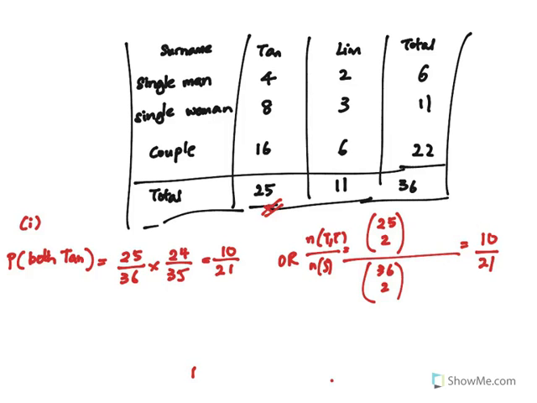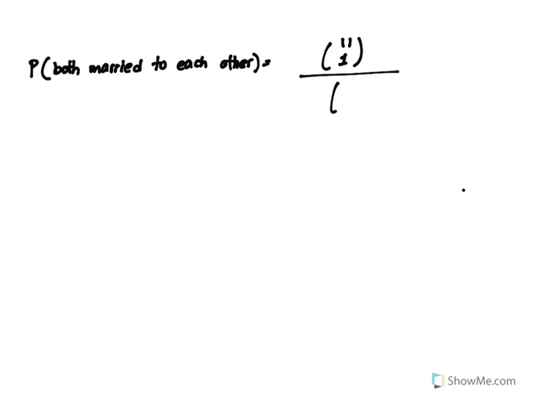So if there are 11 couples, that means the number of ways I can choose a couple is 11 choose 1. Let me rewrite this again. The probability that both are married to each other can be first 11 choose 1. Out of 11 couples, I choose 1, over the total number of ways, which is 36